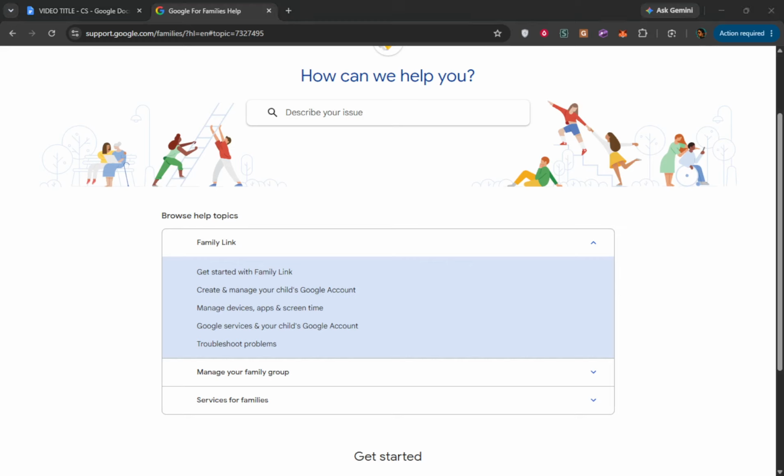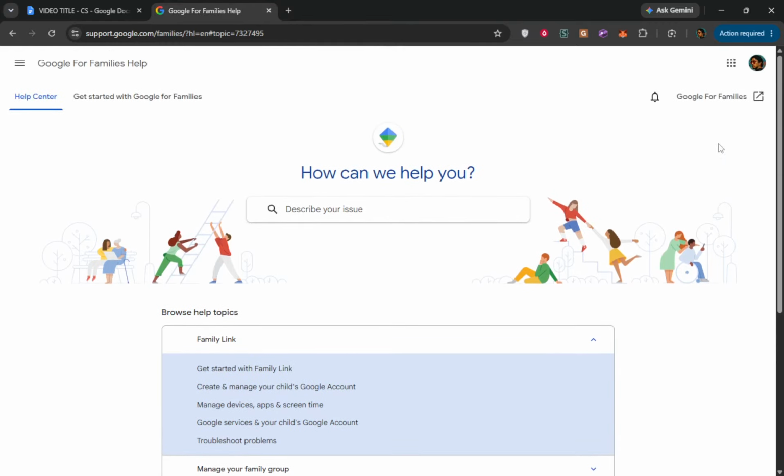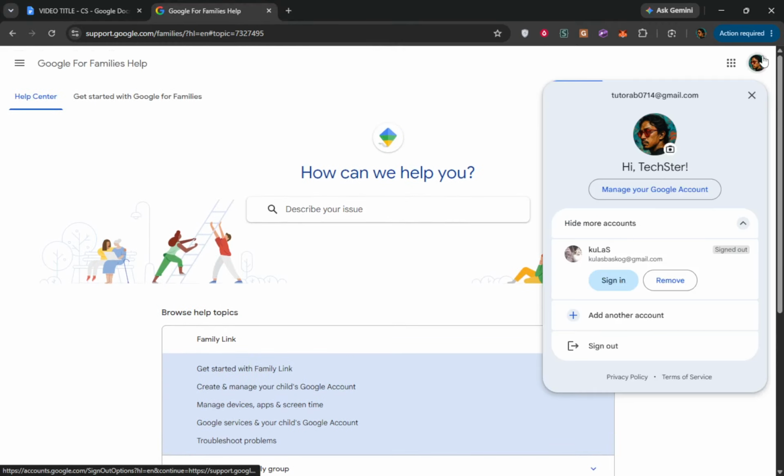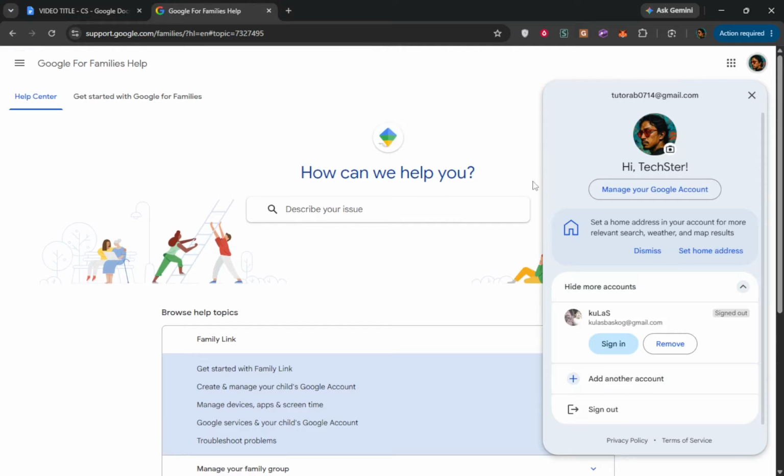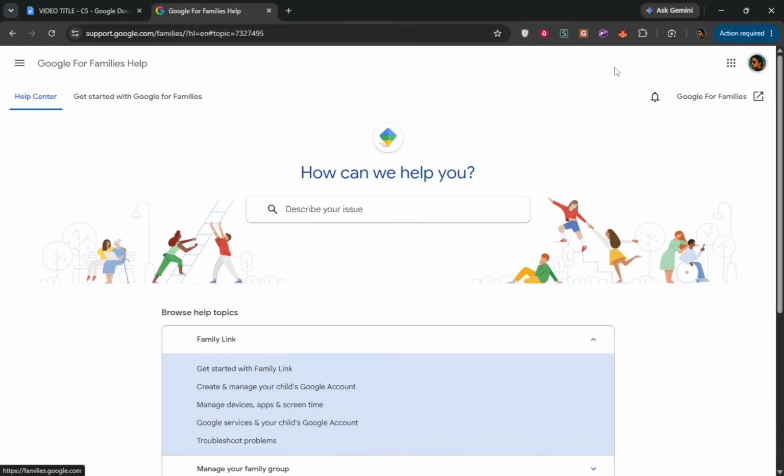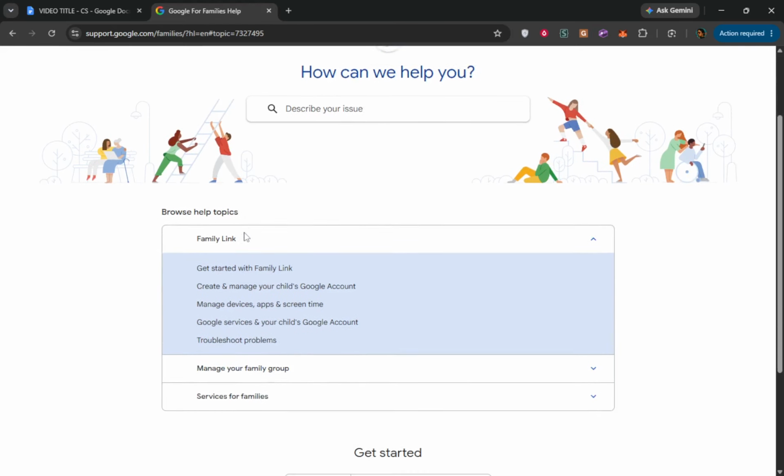Next, you will need to sign in with the Parent or Family Manager Google account. Look for the Sign In option at the top right corner of the page. Click on it and enter the email and password associated with your account. This step is crucial because it allows Google to identify your account and provide personalized support. After signing in, you can proceed to gather information specific to your situation, which will make your support experience smoother